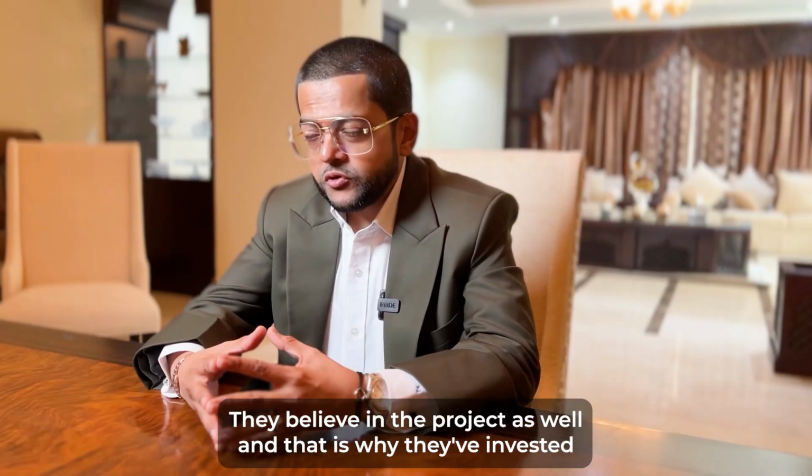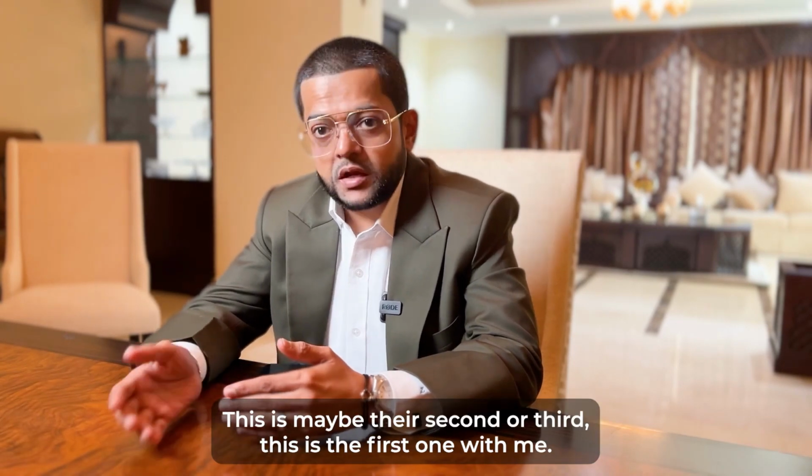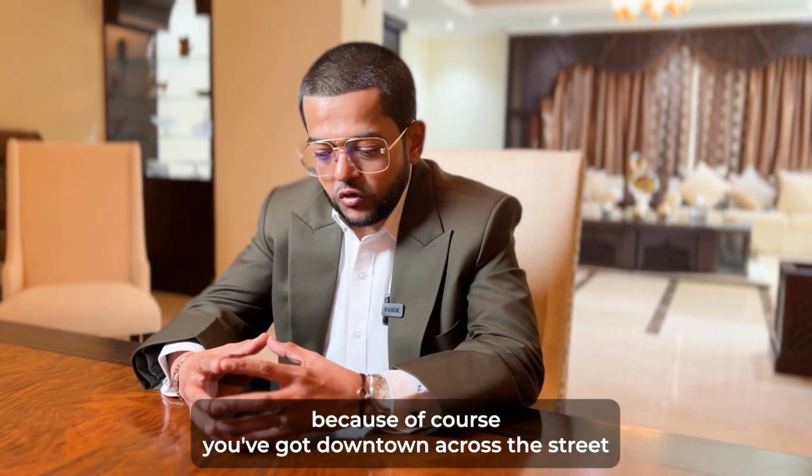They believe in the project as well, and that is why they've invested. And this is not their first investment. This is maybe their second or third. This is the first one with me. But they have that confidence in the development because, of course, you've got downtown across the street where the price